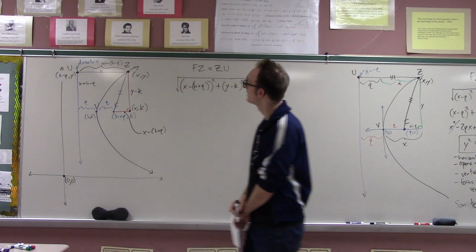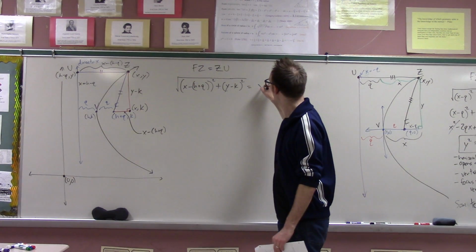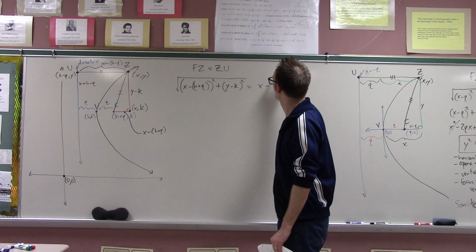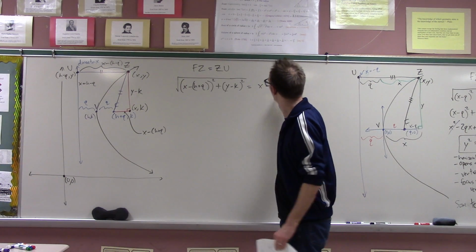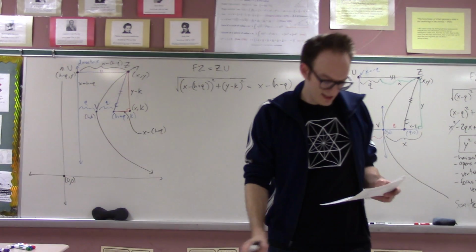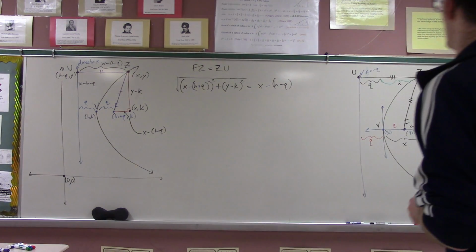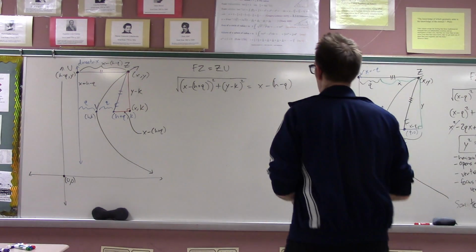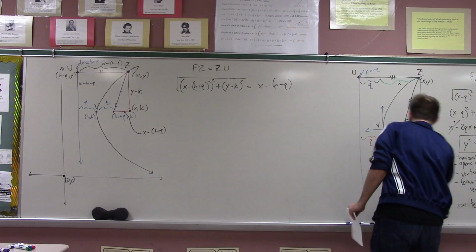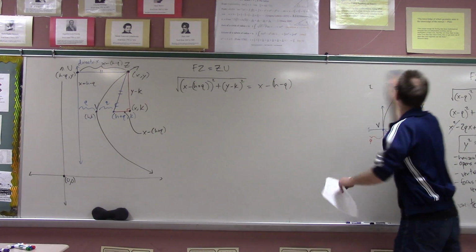And zu is x minus h minus q, as we found. It's kind of ugly, and what we're about to find is that none of this is really necessary, because